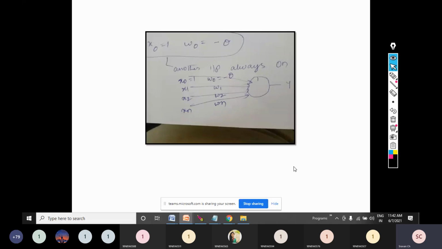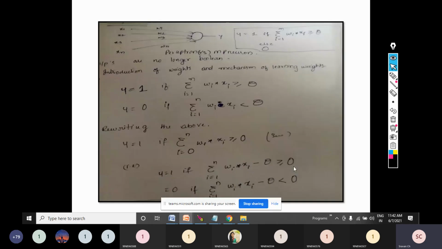So that's the reason we have modified the diagram of this perceptron, which you are seeing here. So what do you mean by rewriting the equation? What I understand is one more important input called theta is required. So apart from x1, x2, x3, there should be one more input which is called x0, and its weight should be minus theta. It should be minus theta because I am adding it. Please try to understand. I am going to add it. I'll just write it and I'll show you.